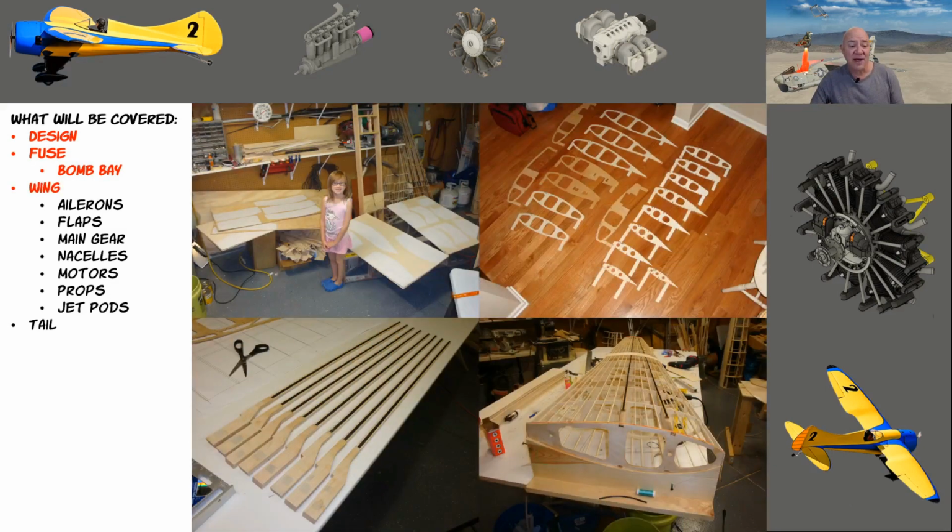So what we're going to talk about now is the wings, and every part in this airplane was hand cut on a bandsaw. I do not have a laser cutter. So, of course, that took a monstrous amount of time. On the bottom left-hand corner there, you can see where I was using balsa wood spars, but I was using carbon fiber, and